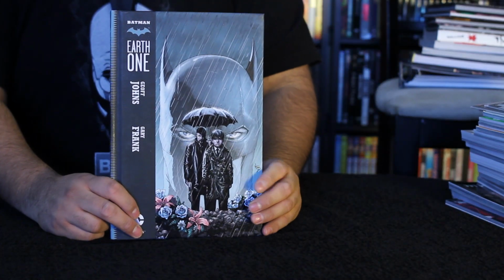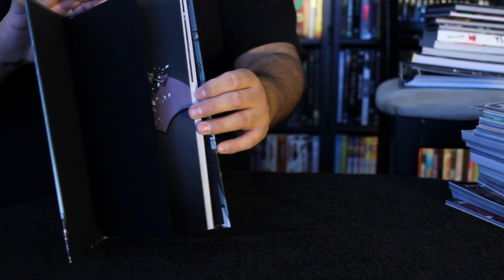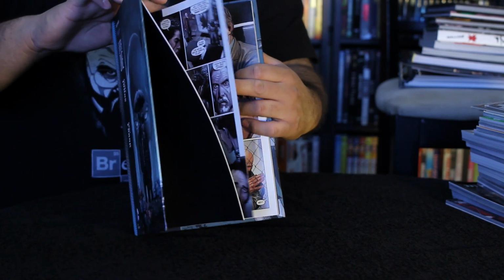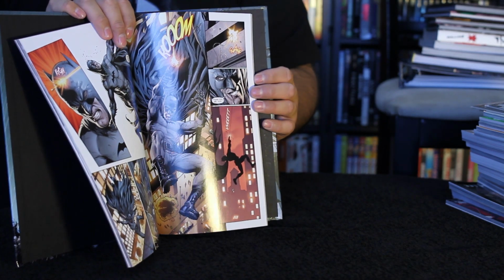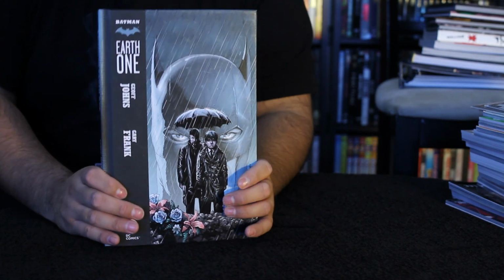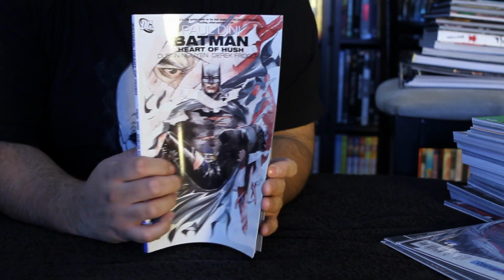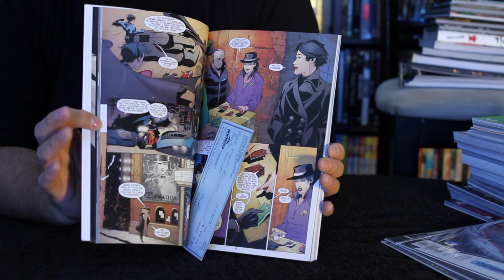Next thing I have here is Batman Earth One. At first I didn't know what this was, but when I started reading it, oh man, it's so good. It's kind of like a different version of Batman and his origins, I guess you can say. Alfred is a badass in this. That's all I want to say. Big time. So if you guys haven't read this, I would suggest picking this up big time. It's one of my new favorite stories. So very nice. Batman Heart of Hush. It's pretty good. Definitely worth reading. But if you guys can get your hands on just Hush by itself,